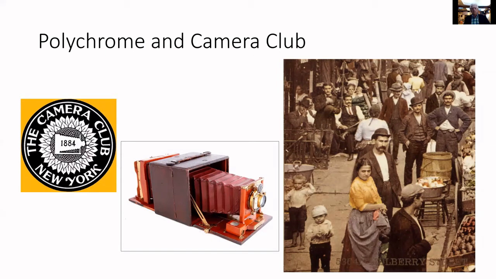And at the same time, his father buys a half interest in a company that does polychrome printing. And on the right, you can see an example of that. They developed some processes to do prints. And the colors, they only had certain dyes that worked, and they only had certain things they could do. It isn't like a modern color panchromatic process where everything can be colored exactly the way it looks, but it was a step towards it. And so he becomes the owner of Polychrome at the same time that he gets involved with the Camera Club.